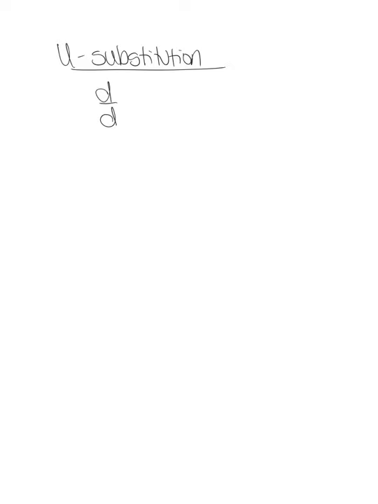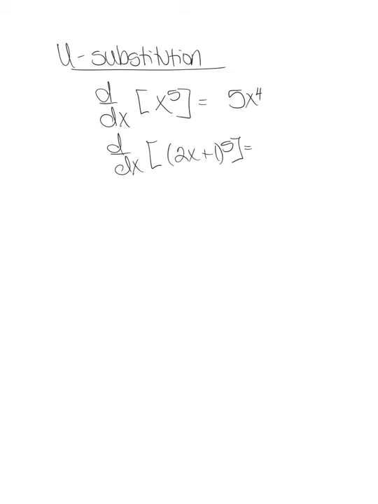In the chain rule, if we took the derivative with respect to x of, say, x to the fifth, of course that was equal to 5x to the fourth. That's very straightforward. An example of the chain rule might be, instead of x to the fifth, maybe 2x plus 1 to the fifth. When we took the derivative of that, the 5 came down in front. We took that 2x plus 1 and brought it to the 5 minus 1, or fourth power, times the derivative